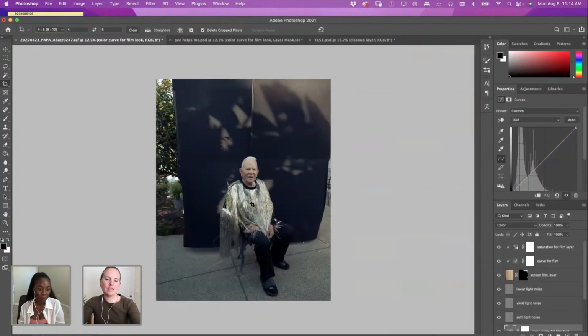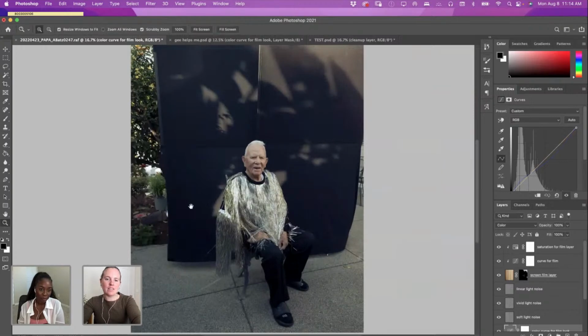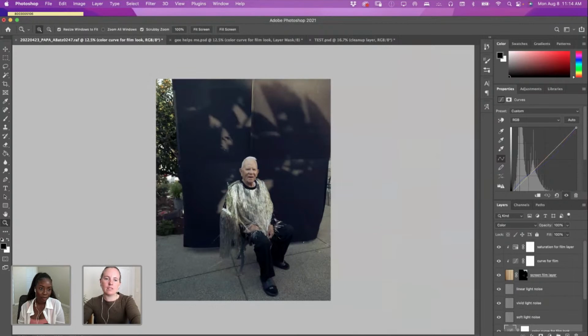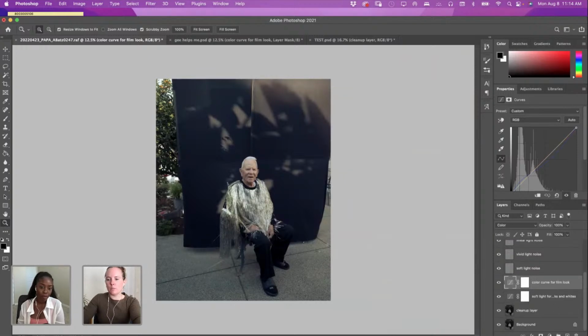Yeah, I think the other thing that I'm noticing, and we can do this a million ways, is I feel like in a film photo, this would not be as dark. So we can go back into that color curve, but we can also make another curve for the highlights and shadows. And I'm just going to call this garden